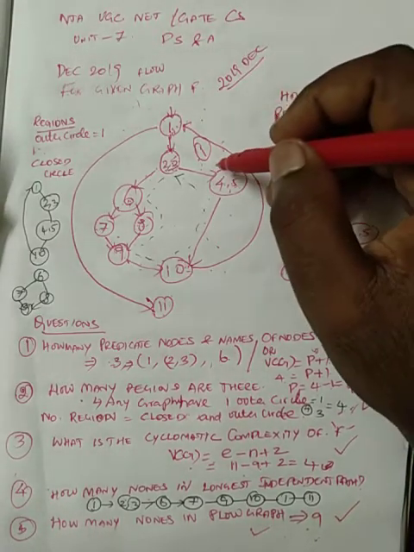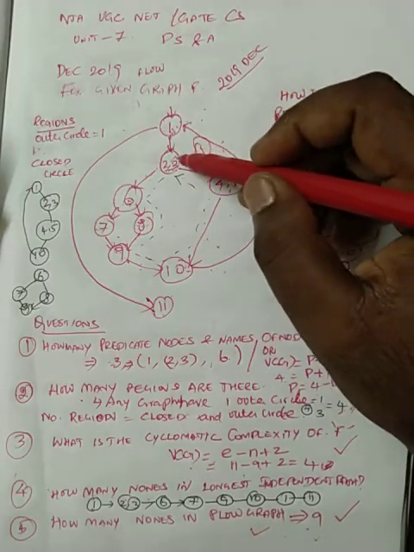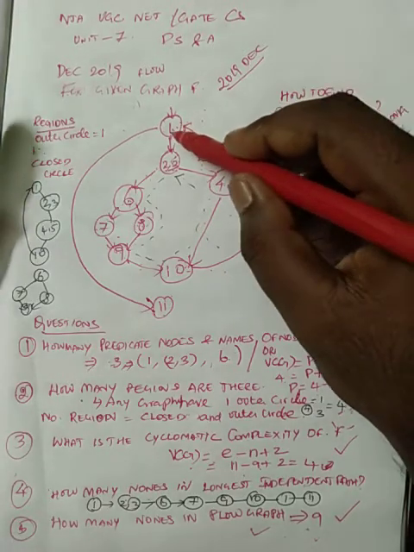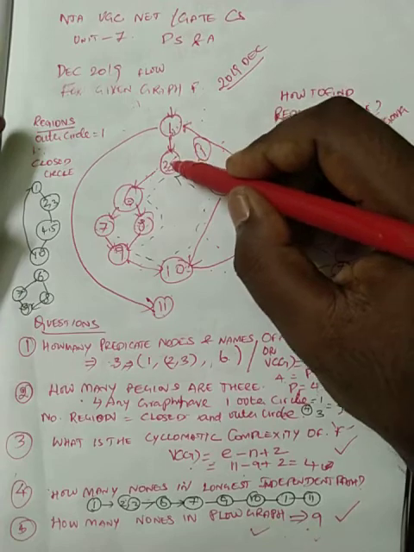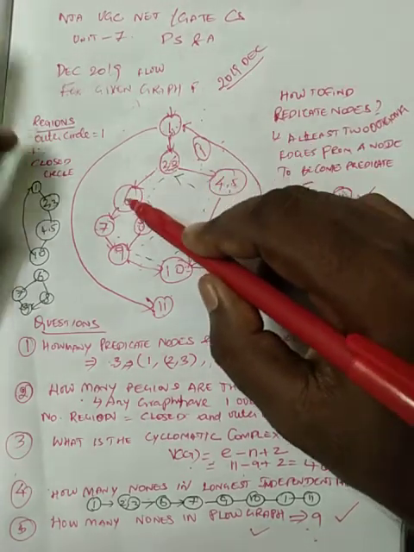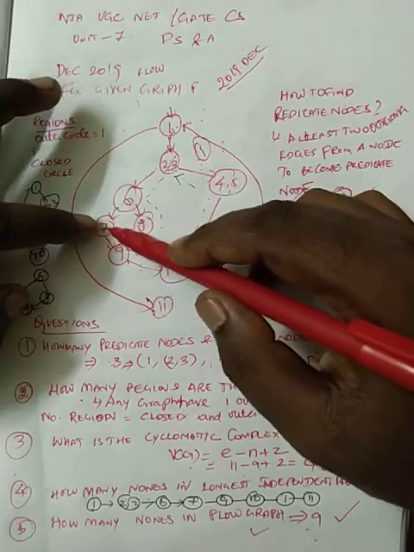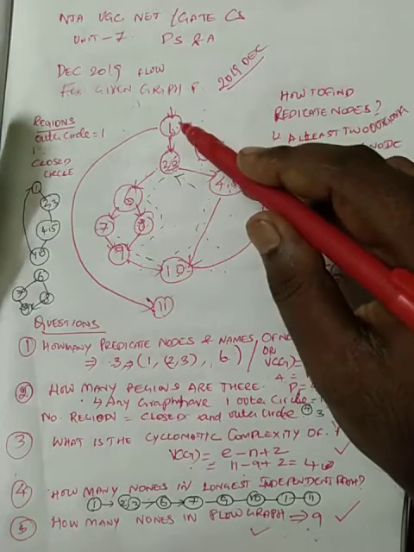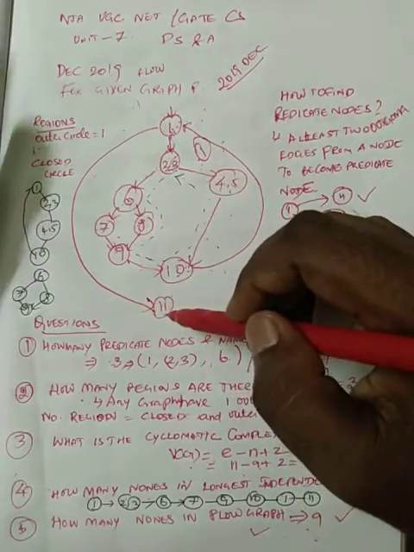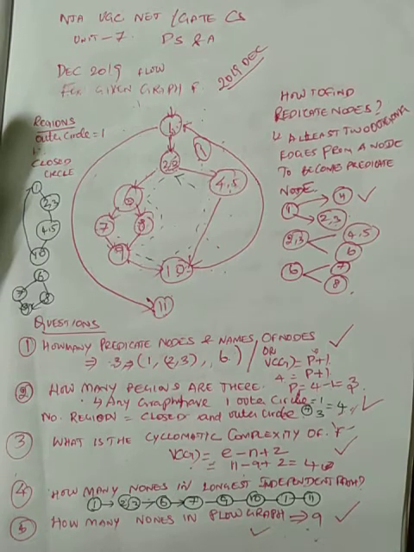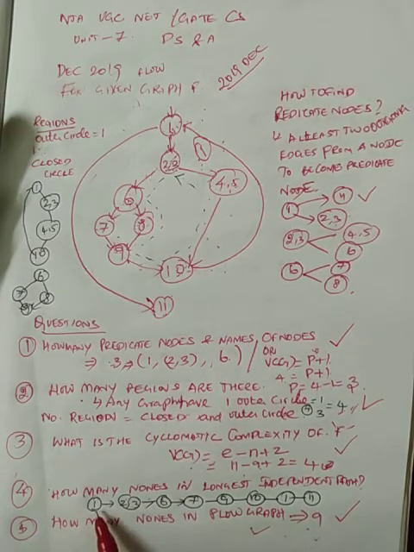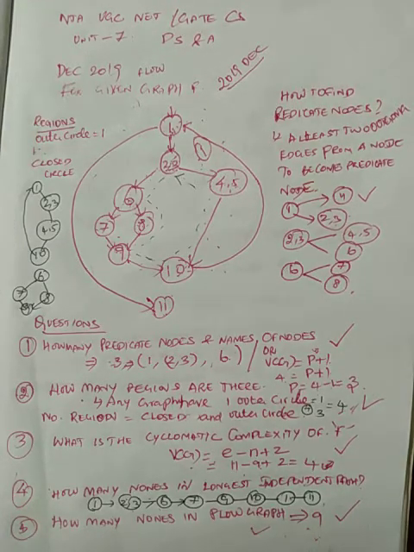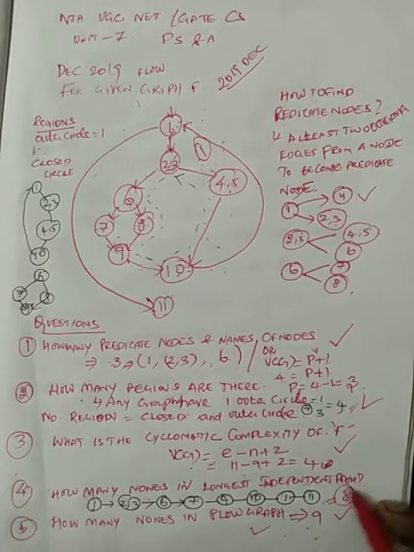For that, you want to visit all the nodes and check it. Suppose I start at 1, then 2,3, and again I go to 6. Then either I go here or here, so 7 and 9, 10. Then again it goes to 1, and then it comes to 11. That is the longest independent path. Totally, the answer is 1, 2, 3, 4, 5, 6, 7, 8. So the number of nodes in the longest independent path is 8. 8 is the answer.